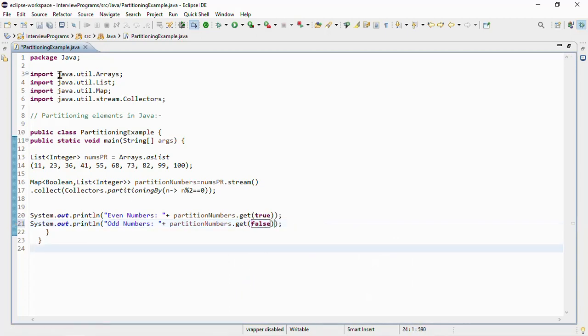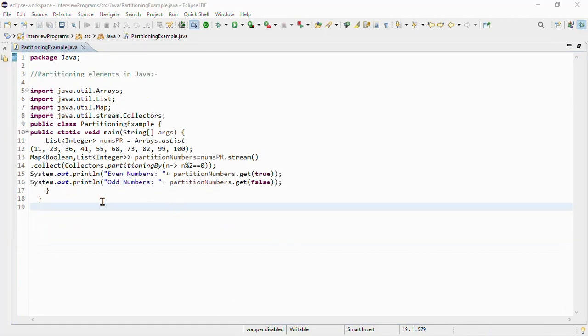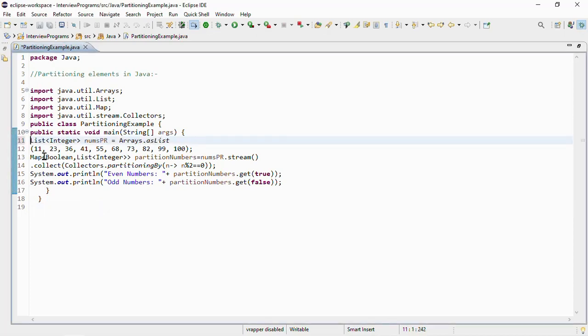Okay, done friends. So we have done with our code. Our code is complete now.